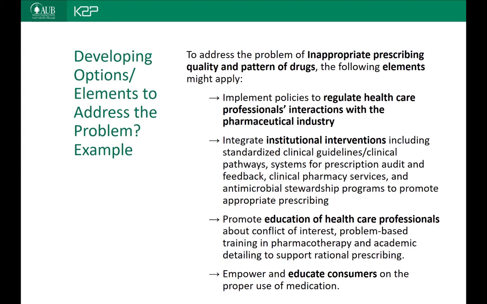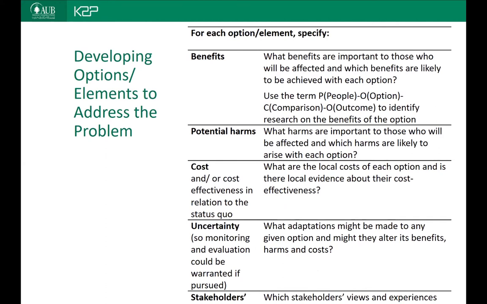Once you identify the categories that you want to highlight, then you can move forward to working more on the details of those policy options in order to identify all the needed information for your policymaker. What is the certain information that a policymaker really needs in order to make an informed decision? This is an example of the tables that are included in a policy brief, and these outline the main information that a policymaker requires in order to make an informed decision by the best available evidence, which includes the benefits